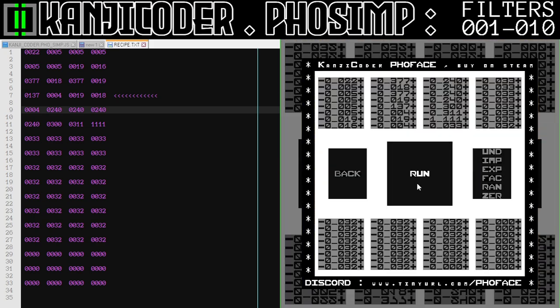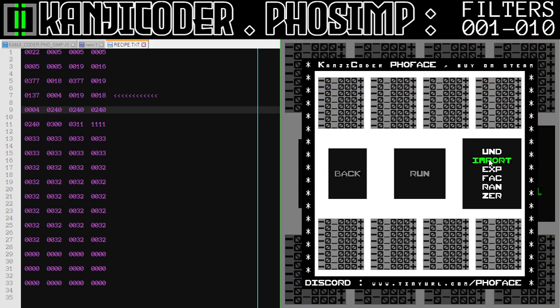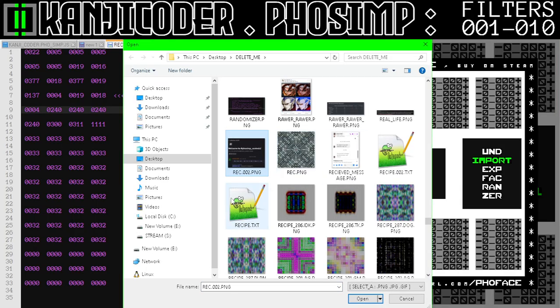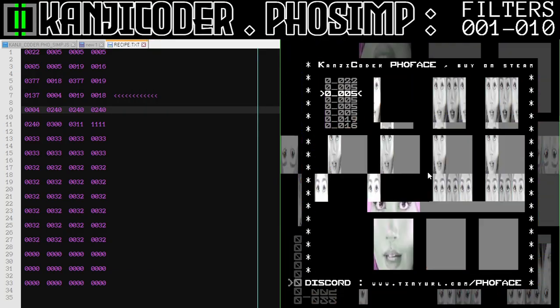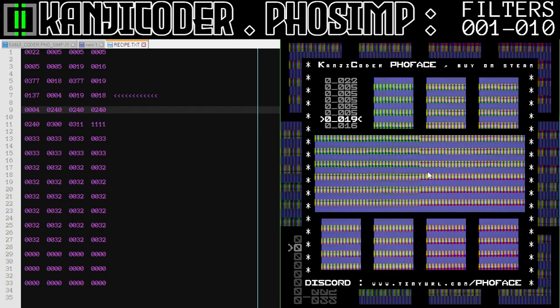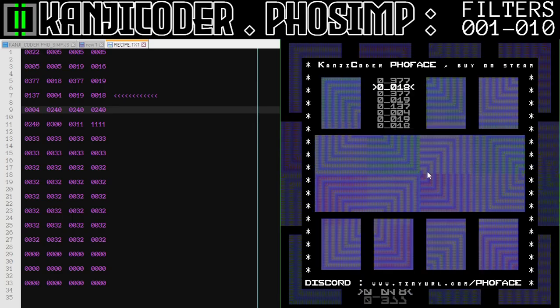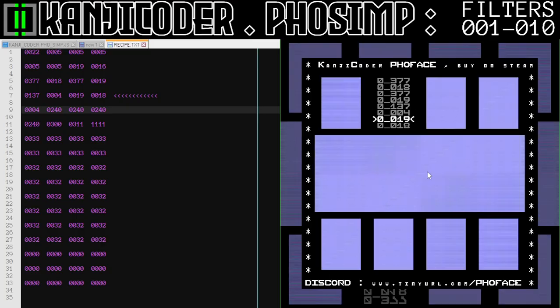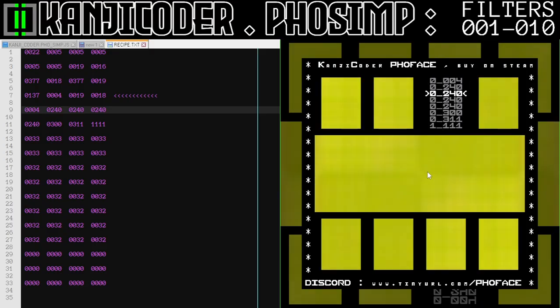Let's go back and zero this out just so I can tell that the import is working. I'm going to import the recipe again, recipe.txt right here. We're going to import that and run it, and just see what it looks like. Hopefully it's not complete crap and it has a similar vibe to what we just did,